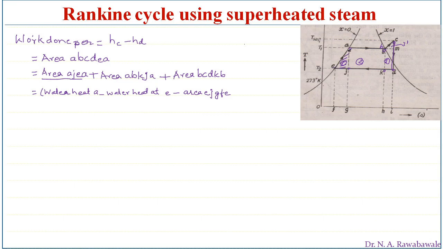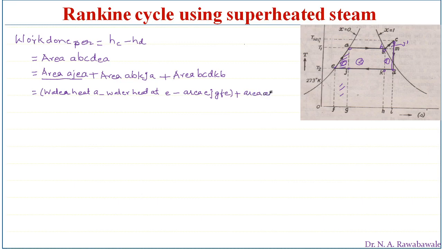Between these, the area below EAFG is given by water heat at A minus water heat at E, which gives the complete area below this curve EA up to the x-axis, minus this area EJGFE, which is a rectangle. So this area is subtracted from the complete area, so that we get the area of the triangle, say EAJE, and closing this bracket, plus the area of the rectangle